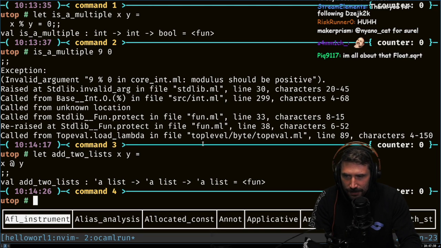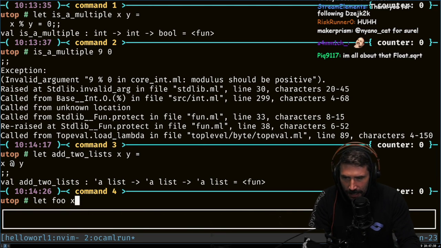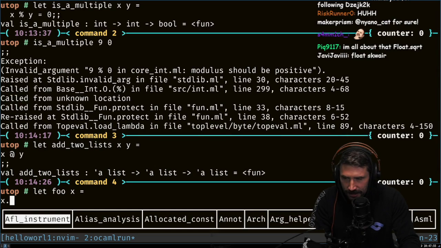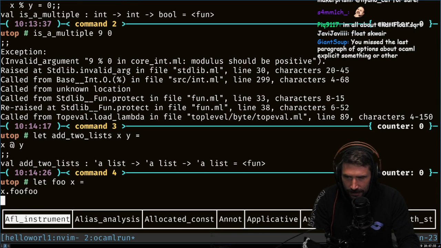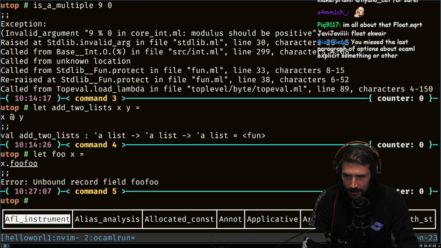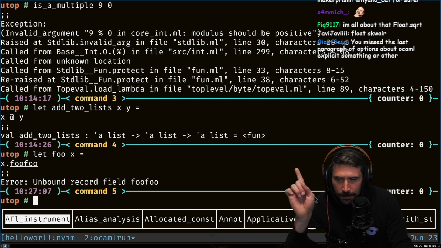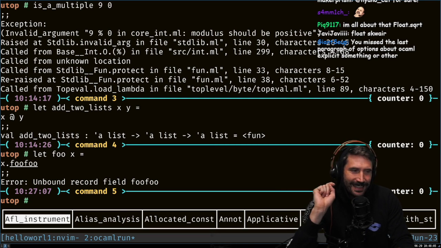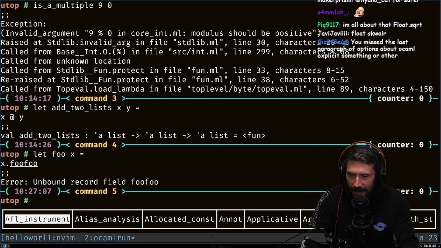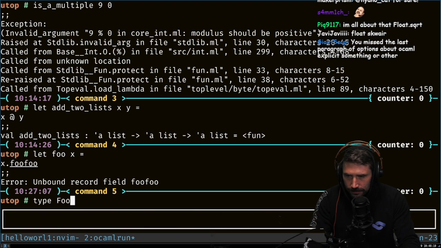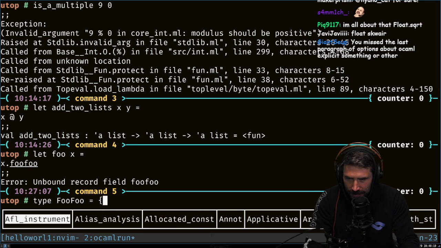So that means we can have some sort of function. Let foo x equals x dot foo foo. There we go. Right? Unbound record field foo-foo. Okay, so why doesn't that work? Do I have to first do this one?